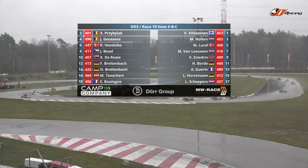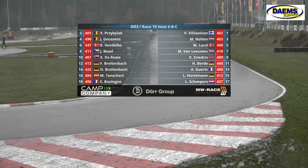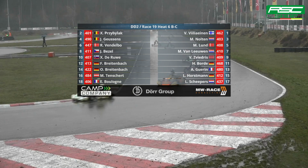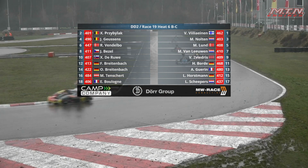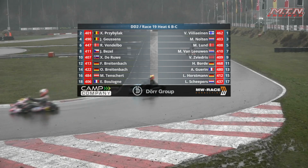Matthias Lund from Denmark and Rasmus Vendelbo, his countryman, alongside him on row 3. Martin van Leeuwen, who's been absolutely dynamite in the wet this weekend so far, he's got Jakob Bezel alongside. Valtters Wiederis and Zenderua round out the top 10, representing Latvia and Slovenia respectively. Hannes Bode and Florian Breitenbach make it an all-German row 6, with Aymeric Gerhardt from France and Germany's Oliver Breitenbach